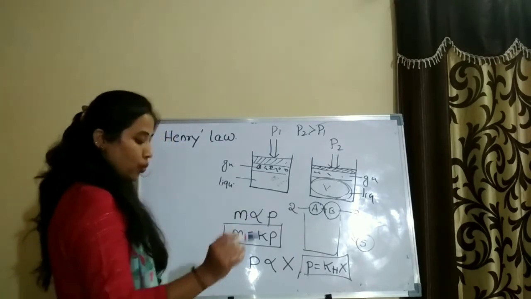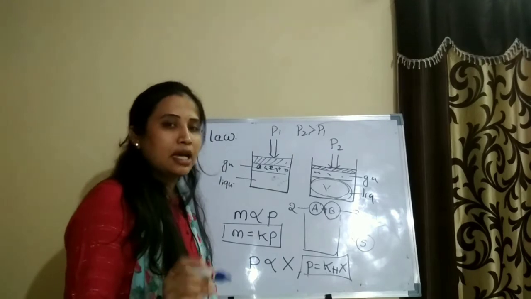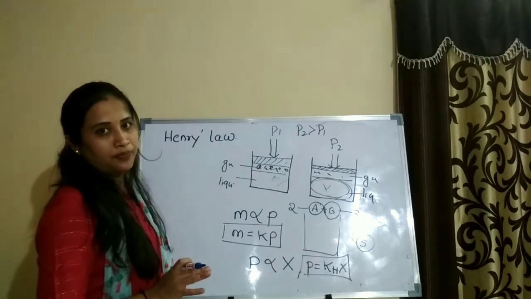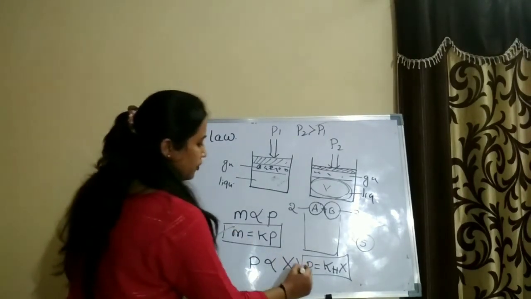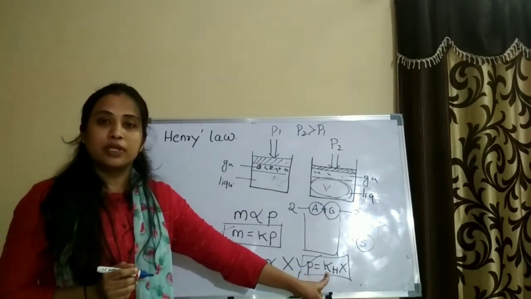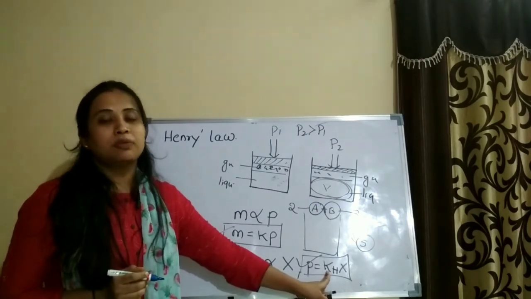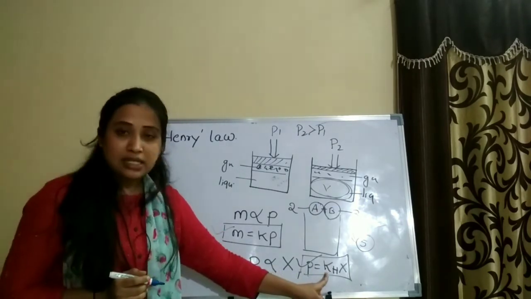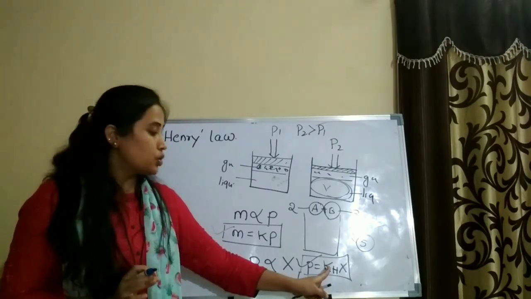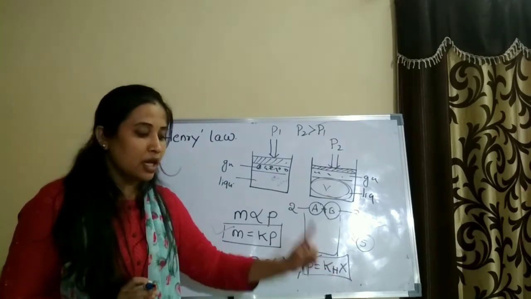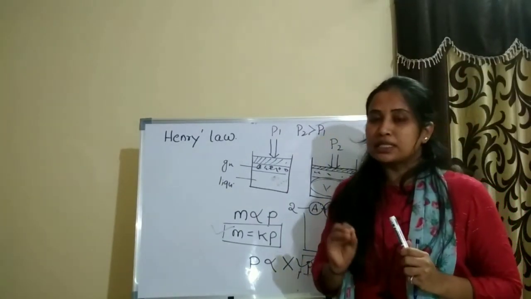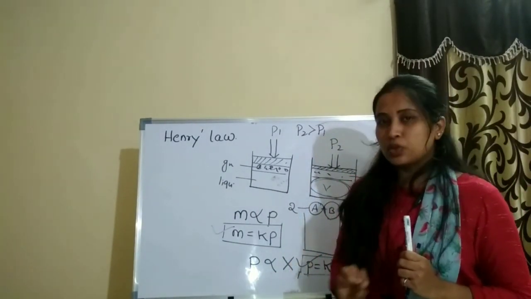So when they are going to ask the question, state Henry's law, if it is for 2 marks, you have to state it and you have to write it in a mathematical form. Okay, so these are 2 forms of representing Henry's law. Okay, where the Henry's constant will play a role in the solubility of a gas in a liquid, where all the gases will have different values of Henry's constant. Okay, so the Henry's constant value will define whether the given gas is more soluble in a given liquid or not. So let us learn about that one. I hope you understood Henry's law.